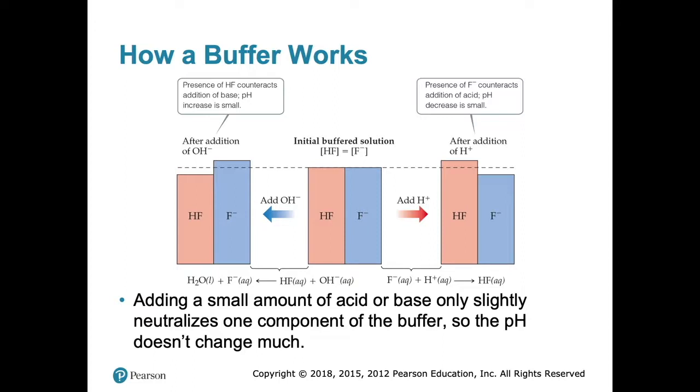If you think about it, if you have a solution that's 7.4 and there was no buffering action, and let's say you drank something super acidic, like orange juice, for example, or you ingested something that was super acidic, it would immediately change the pH in your system. And if it changes too much, you could get sick. So that's why we have a buffering system in our bloodstream.